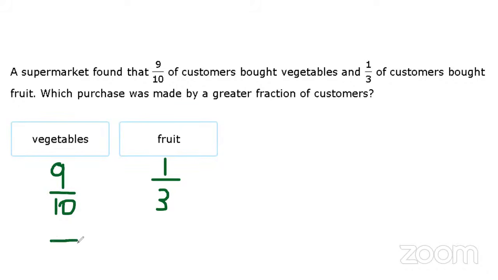So let me go here and think of LCM. What do you think this LCM would be? What's the lowest number that 10 can go into without leaving a remainder, and 3 can also go into that number without leaving a remainder? Now, the first thing we need to do is list the multiples of these numbers. So let's list the multiples of 10. The multiples of 10 would be